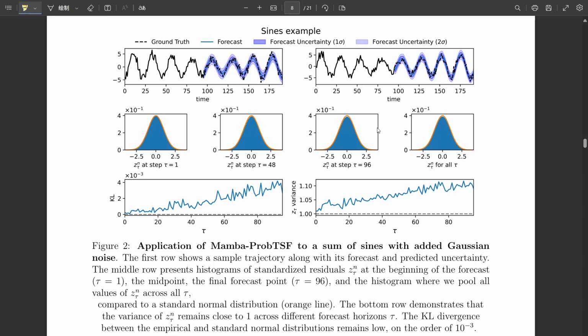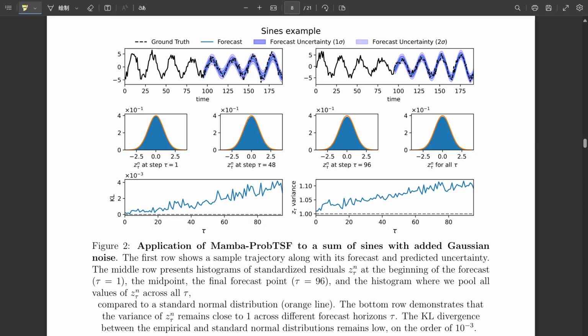Wow, okay. That's a neat way to check both aspects. It is. And they use two main metrics based on this. Go on. First, they literally calculate the variance of the standardized residuals. Ideally, this number should be 1. If it's way bigger than 1, the model's under-predicting the uncertainty. If it's less than 1, it's over-predicting. Simple enough. What's the second metric? The second is the Kullback-Leibler divergence, or KL divergence.